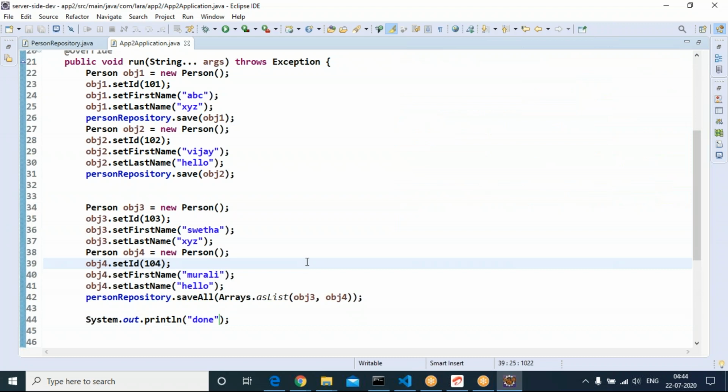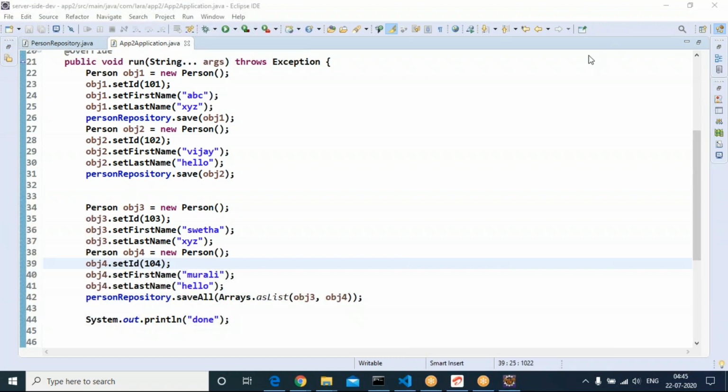For every insert, first select, then insert. Through select, it is checking whether this record is already available or not. If not, then only go for insert. If it is already available, then go for update.